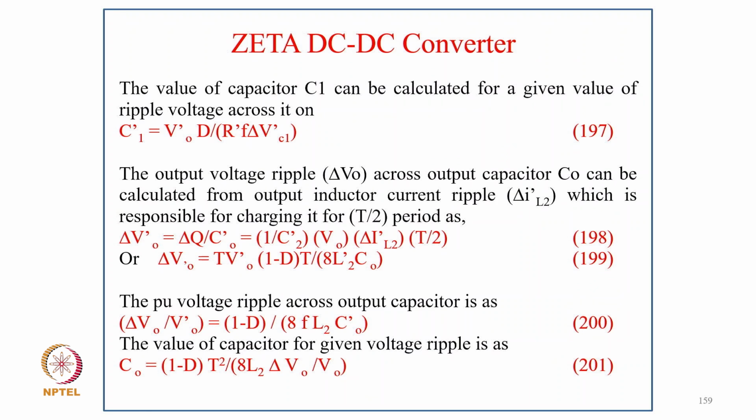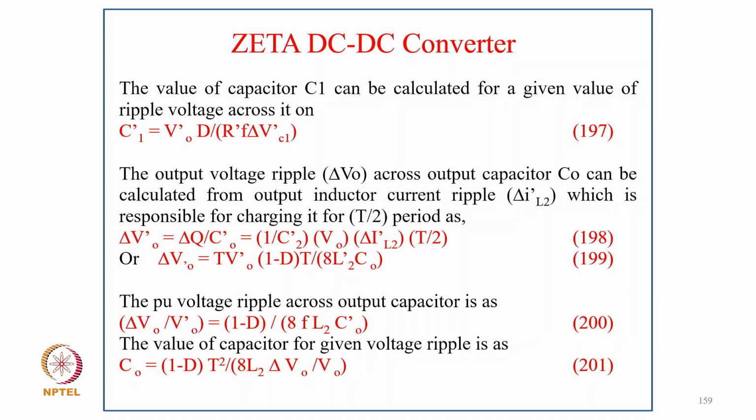So C1 dash equal to VO dash T upon R dash F delta VC dash, and the output ripple current across the capacitor can be calculated from the output inductor current, which is equivalent to delta V dash equal to delta Q upon C0 dash equal to 1 upon C2 dash V0 into delta IL2 dash divided by T into T by 2, or delta V2 dash equal to T V0 1 minus D into T and divided by